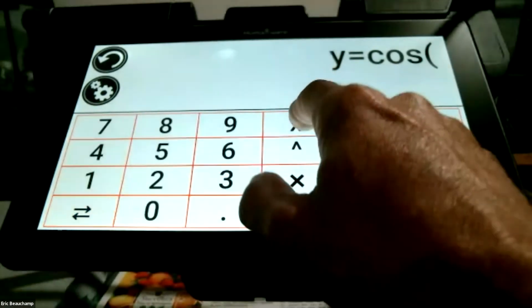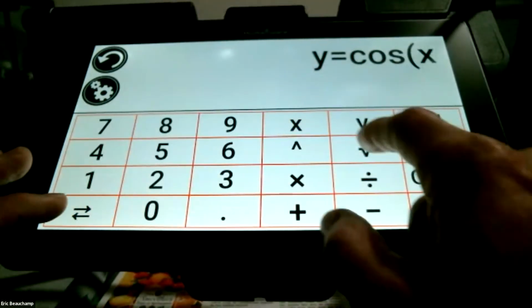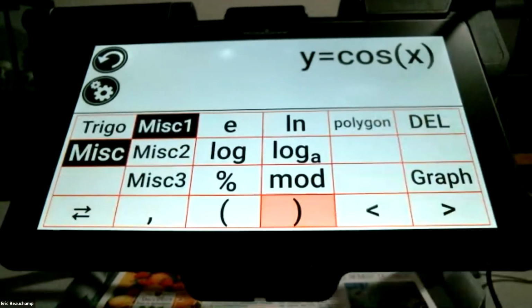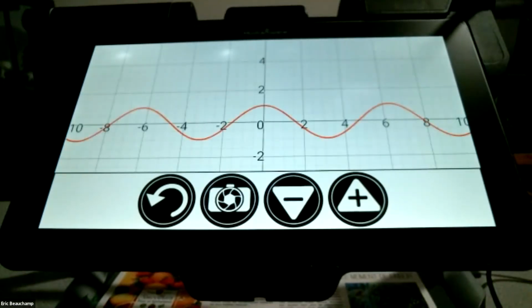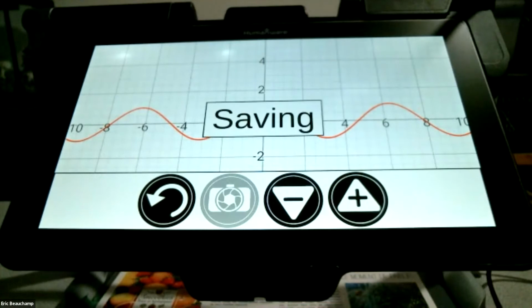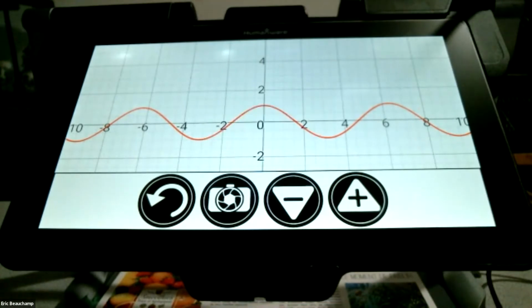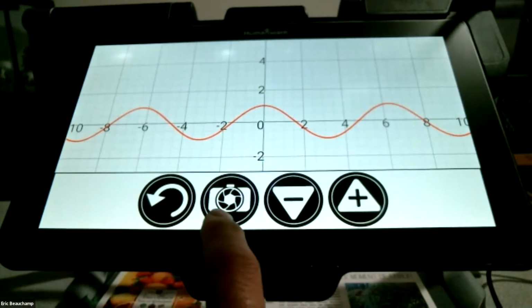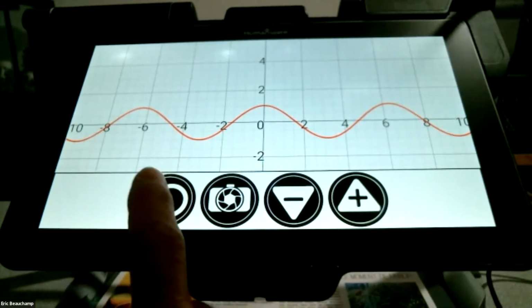Actually, this is what I want to do, because I want it to move over time. So y is equal to cos and x in brackets. So this is where you're going to see your cosine, and you have it graphed out. And again, you can take a capture of this, use the second button on the button banner, and it's going to save it automatically into your gallery in your main menu. And I can zoom in, zoom out on this graph, but here I've just captured this image,